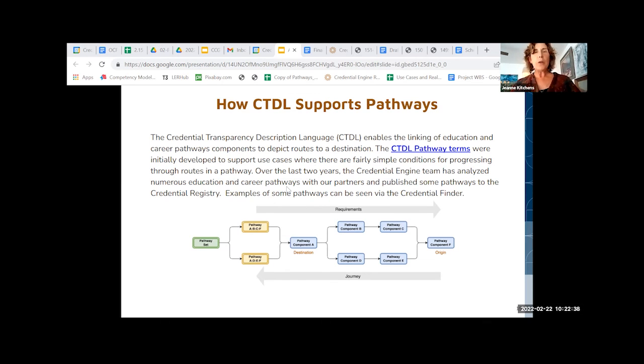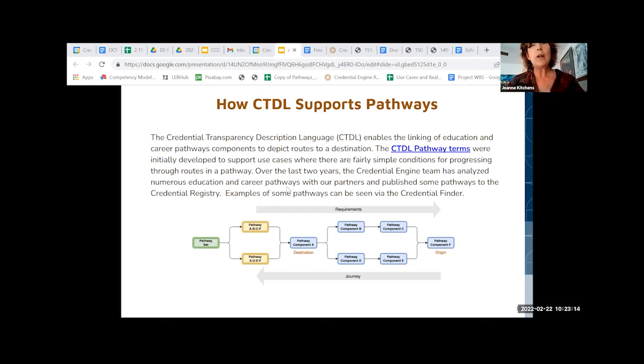the diagram too much, other than the important thing is that with the CTDL, we are talking about representing information as human and machine readable data, and most importantly as linked data. And what we're doing is taking what, Stuart, you like to often call posters. I'm sure all of you have seen web pages, or been handed a flyer at a student job fair kind of event, depicting the concepts of education and career pathways.